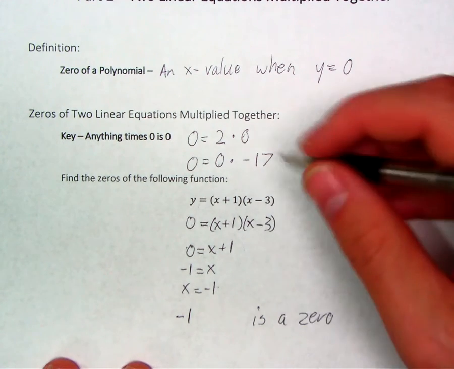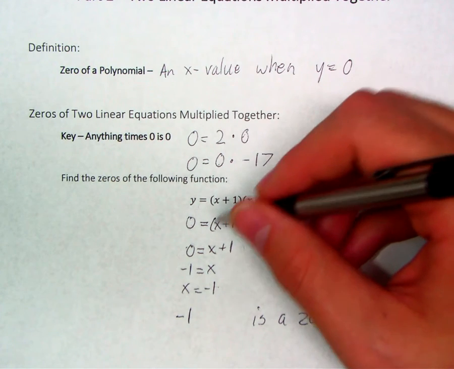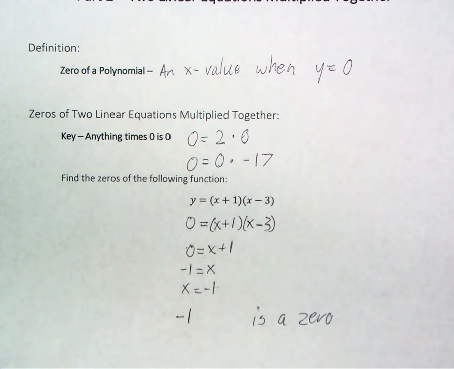Well, x plus 1 is not the only thing that we can make equal 0. I'm going to go with my